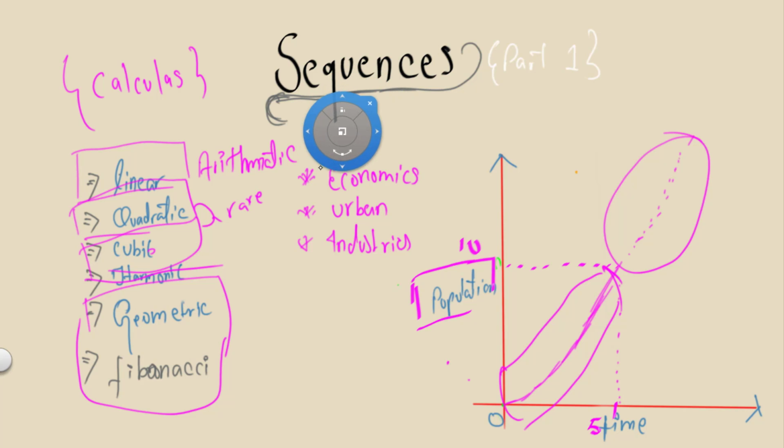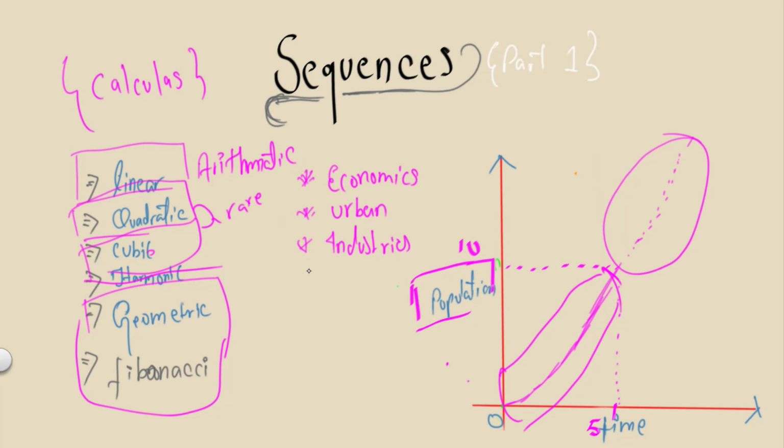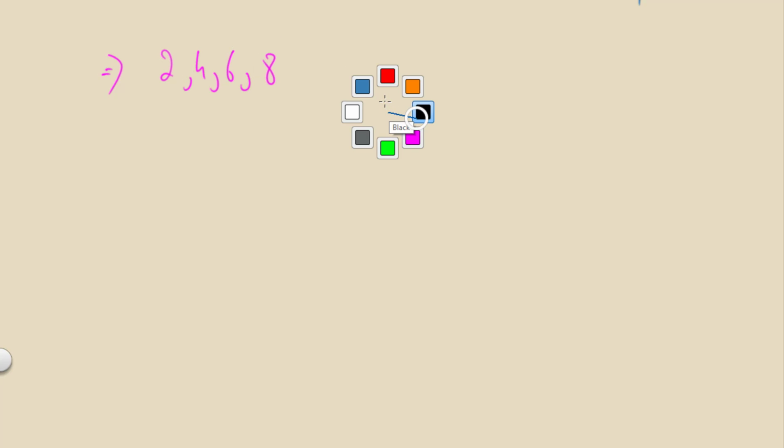Now, you need to understand that regardless of whether it's a linear, quadratic or cubic sequence, the most important thing when you have questions related to sequences is finding the nth term formula. Nth term essentially means the term number. Let's say you have a simple sequence 2, 4, 6, 8. In this case, this is the first term, this is the second term, this is the third term, this is the fourth term, and so on and so forth. Nth term means